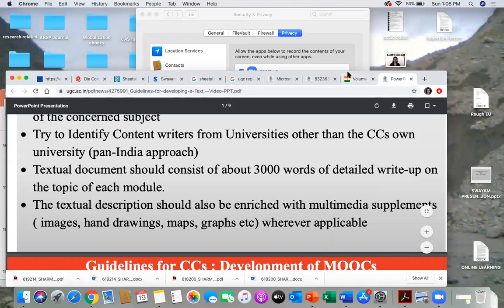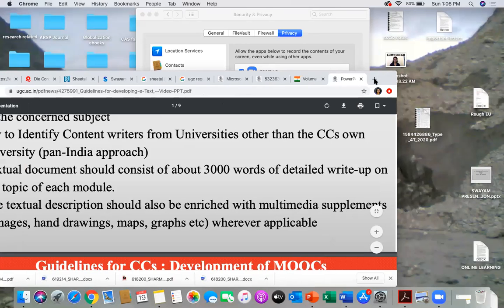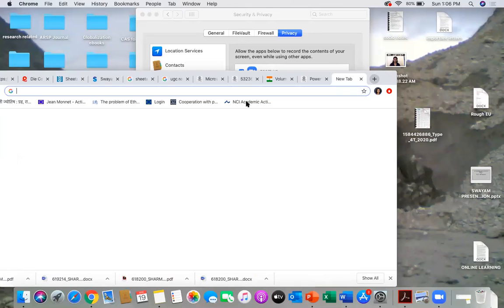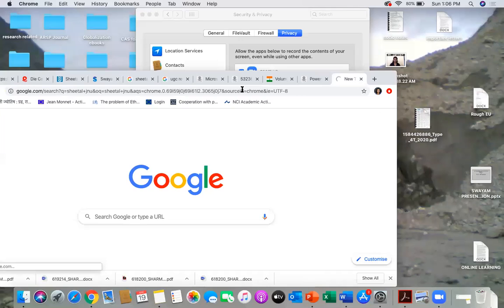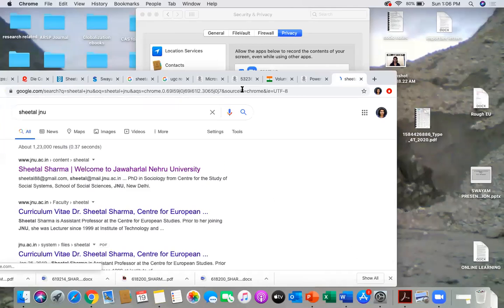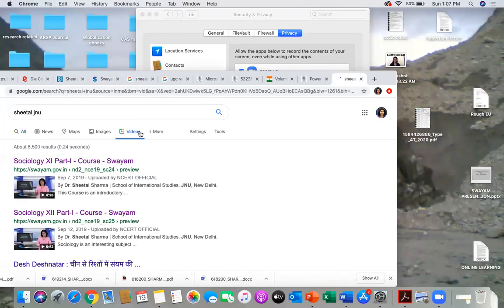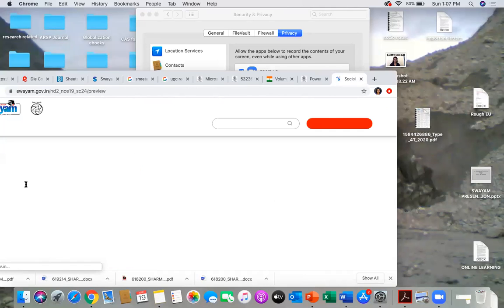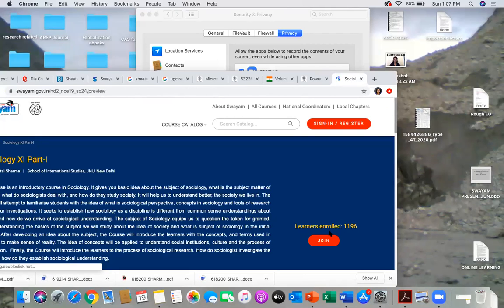So what we can do is propose this course, and the agency or the NRC to which we propose this course takes a call on that: is this course worthy of running or not? And if they like this course, they'll ask you to develop it. And when you develop it, you can do so with the combined effort of faculty members. See, in this particular course I have enrolled